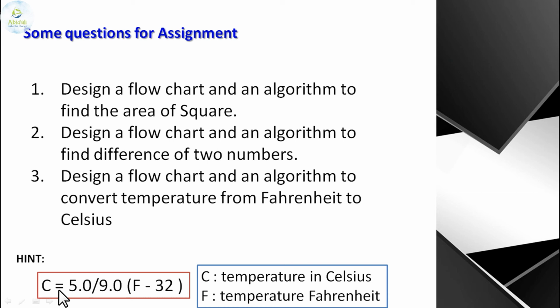So you need not take the input in Celsius, you need to take input in Fahrenheit and you are going to calculate the temperature in Celsius. Okay, input is only one variable, you can take input as F or input as Fahrenheit and calculate or substitute the value and then find the temperature in Celsius, okay, and send it to my WhatsApp number. This is your assignment. Okay, you have to send it to me immediately after listening to the lecture video.